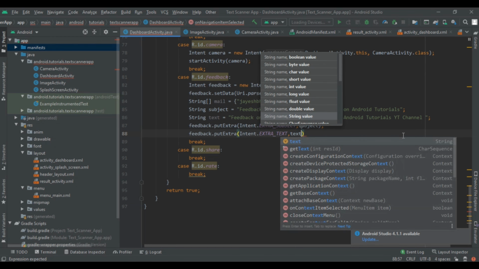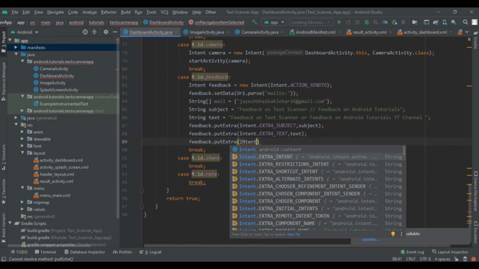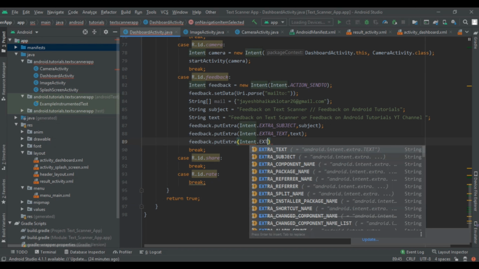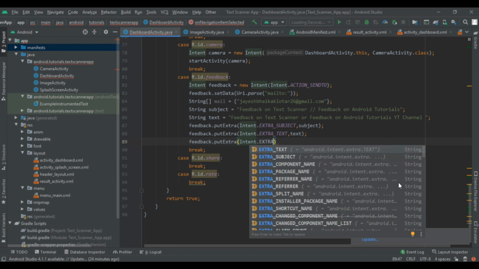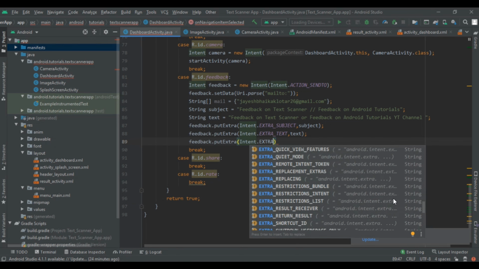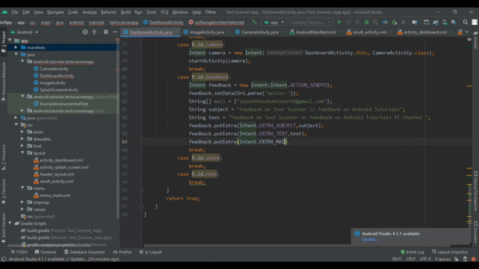and set the mime type of our data, so that mime type will be text plain, but we are not going to set that in this. So write feedback dot put extra and write intent dot extra, so here it is extra email.